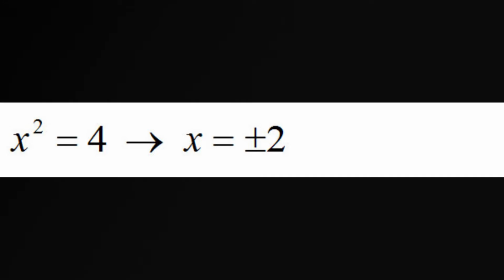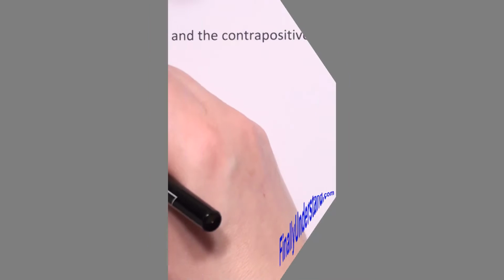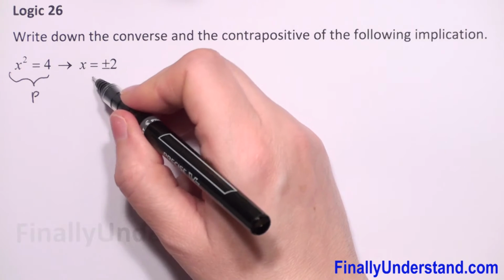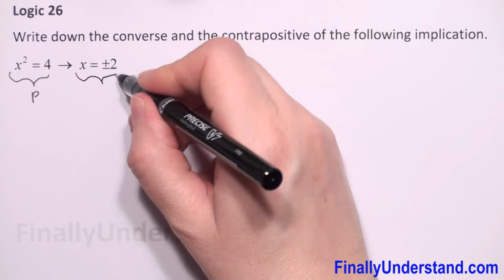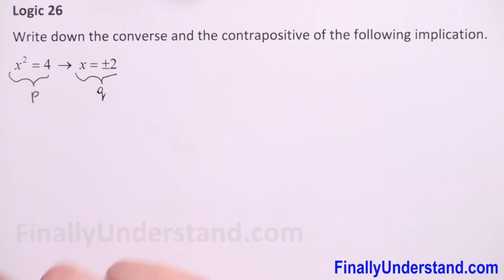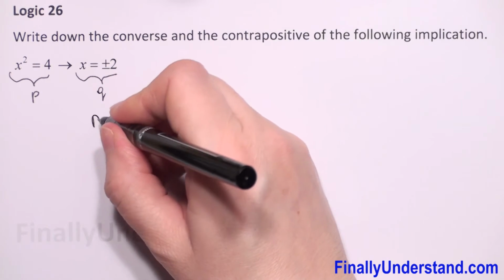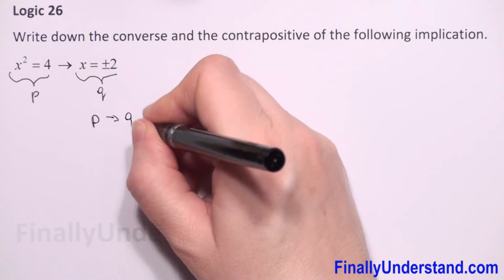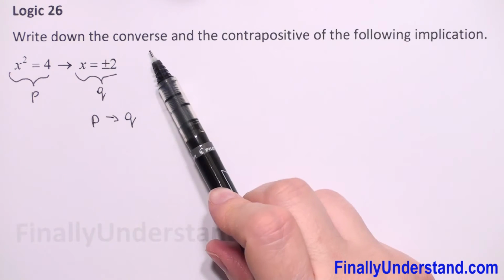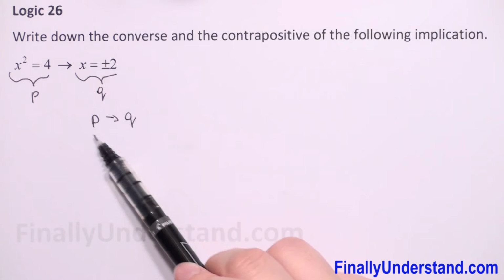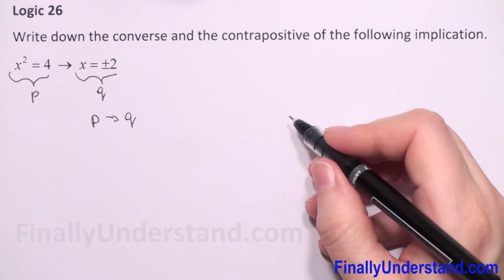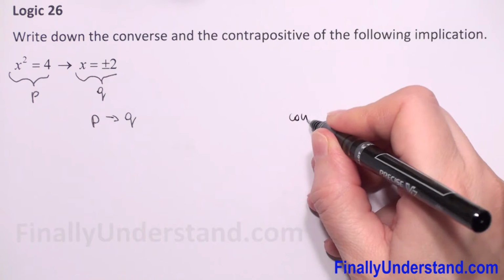We have given an implication. Let's put that x squared plus 4 is our p, and x equals 2 or negative 2 is our q. We have the implication p implies q. First, we have to write the converse. When we have the implication p implies q, the converse for this implication is, let me write this,